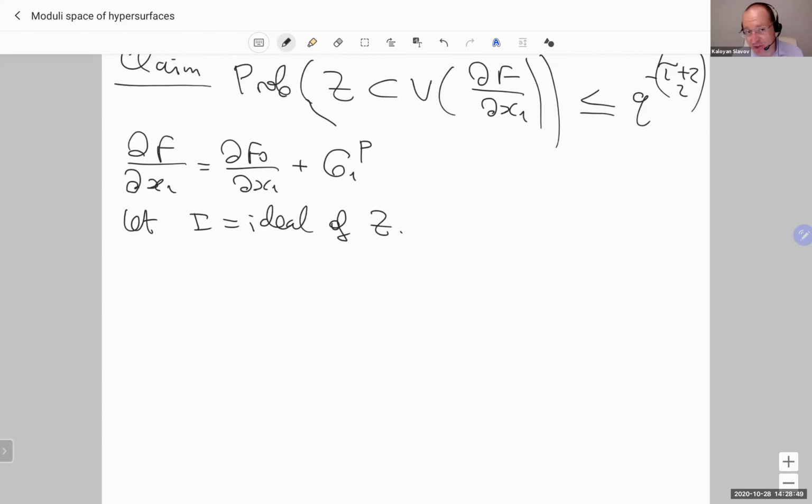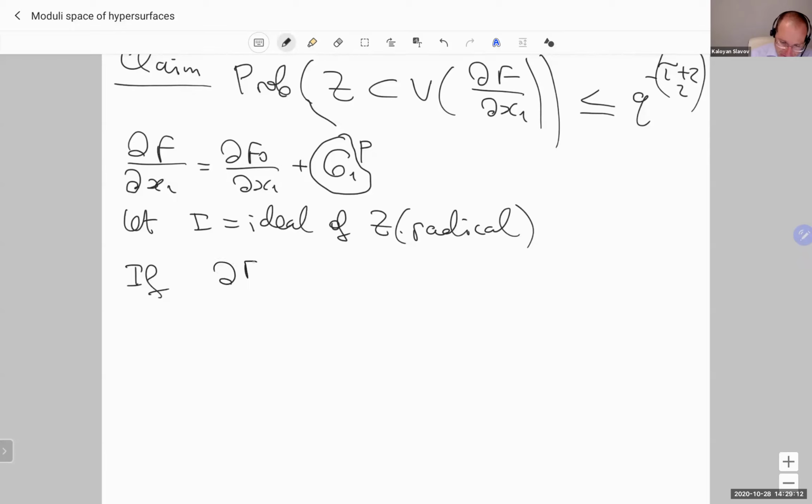Z was an irreducible component, so I is a radical ideal. Now we're varying G1. G1 is running in homogeneous polynomials of this degree tau. G1 is chosen uniformly at random. Now, if df0/dx1 plus G1 to the p belongs to I, so if G1 is one of these bad choices for which number